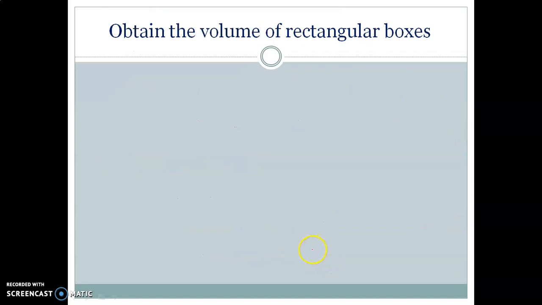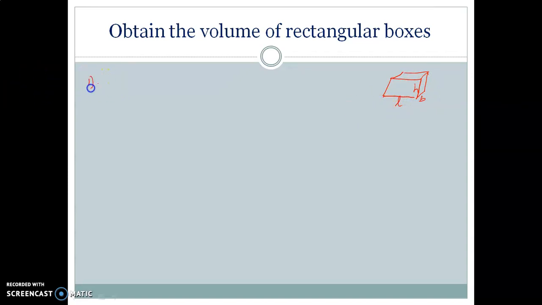Now we are going to find the volume of a rectangular box. To find the volume of a rectangular box, what shape will the rectangular box be? Yes, it will be a cuboid shape. A cuboid is called a rectangular box, another name. How many measurements do I need for this rectangular box? Of course, length, this is breadth and this is height. So we need 3 measurements to find the volume of a rectangular box.